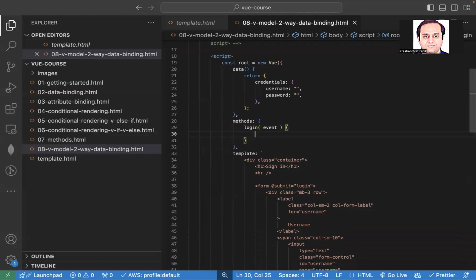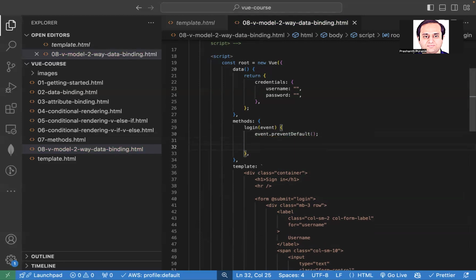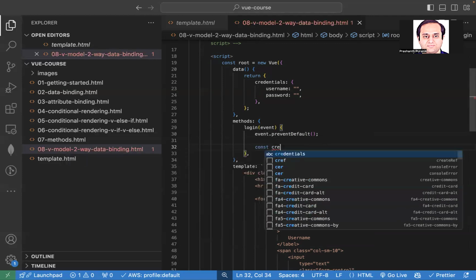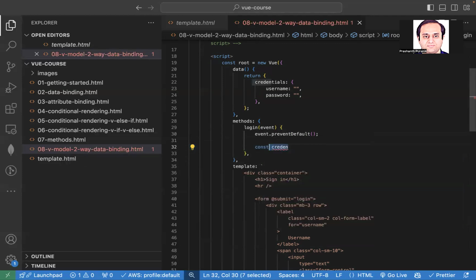And here we'll first prevent default, so the browser form submission is prevented. You can try to comment this line and see that the page will refresh. That's not something you want to do. You generally just want to send the input values through an AJAX request, which will be seen sometime later. So prevent default, and then you know where the credentials are. Of course, we can gather it into an object if you want, or there is no need also. We'll just console log